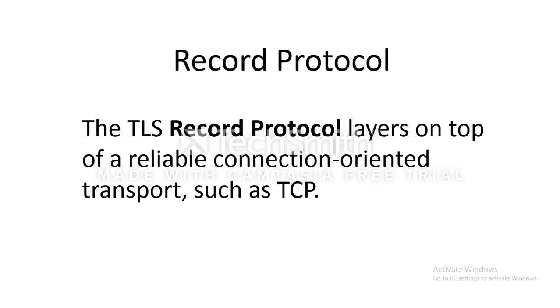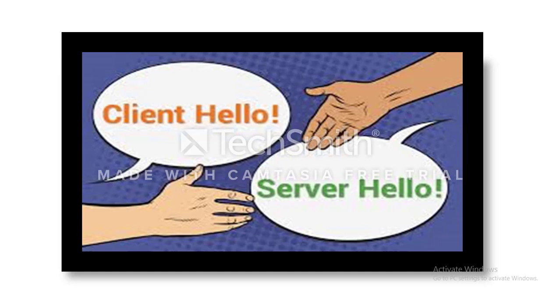SSL includes two sub-protocols: the record protocol and the handshake protocol. The record protocol defines how communicating hosts exchange data using SSL, including specification for how data is to be prepared for transmission and how it is to be verified. Let's talk about the handshake protocol. When they establish the SSL connection between client and server,